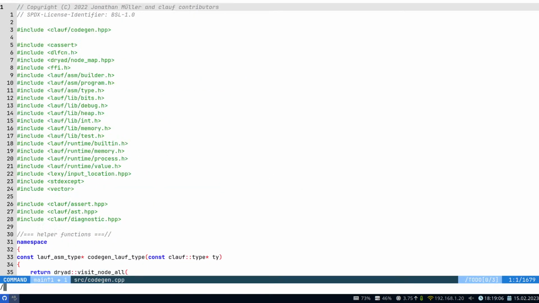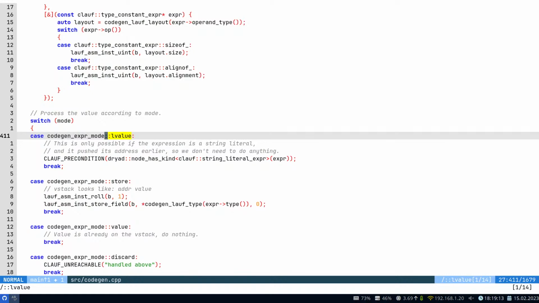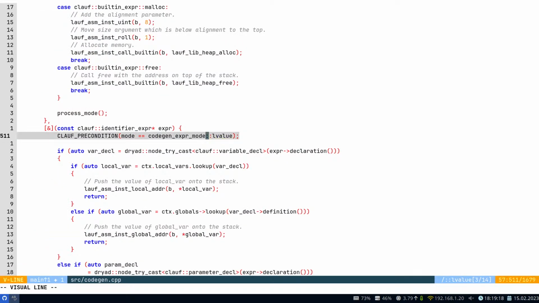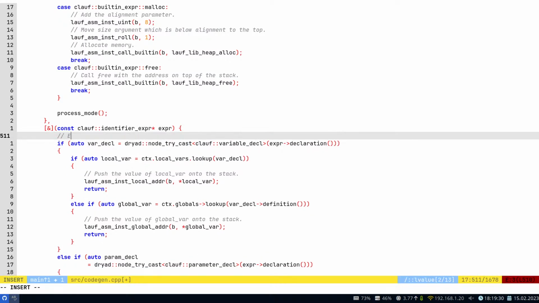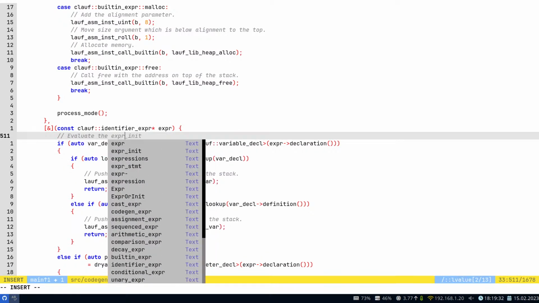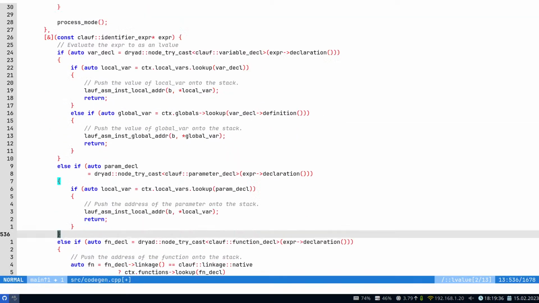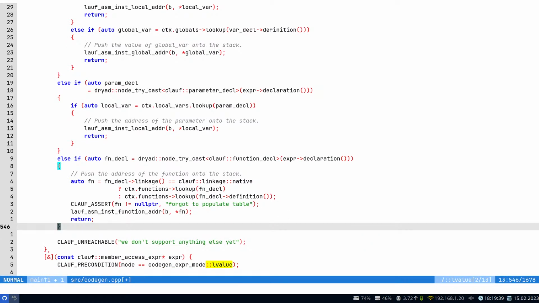So what this means is that we're having a couple of things where we are currently asserting, here we are asserting that it is an L value. Instead, we evaluate the expression as an L value, and then we want to load it if necessary. So first of all,